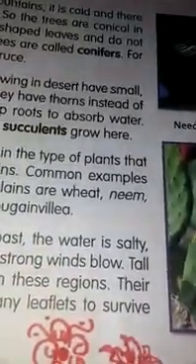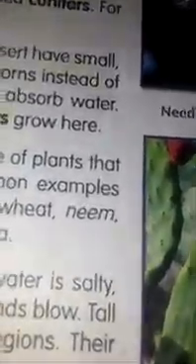So now we will go to coastal regions. See the plants which will grow in coastal regions. The plants growing here need plenty of water and sunlight.